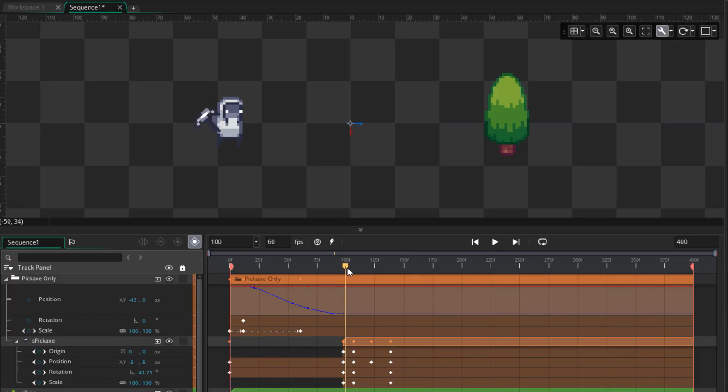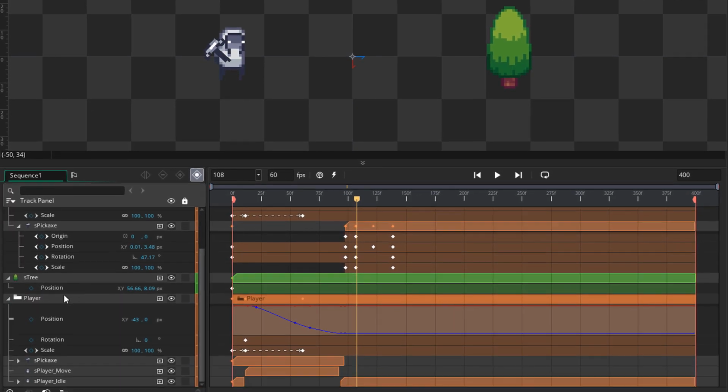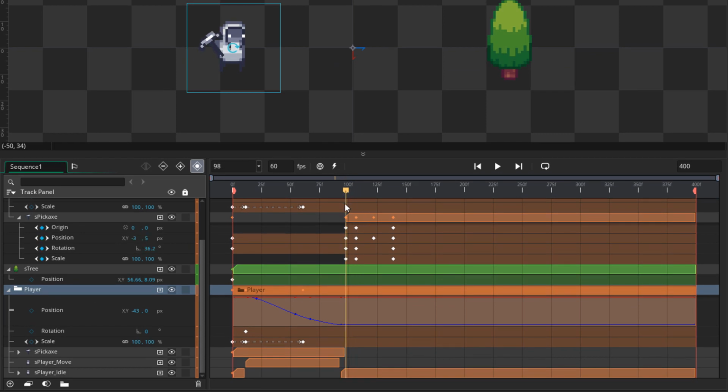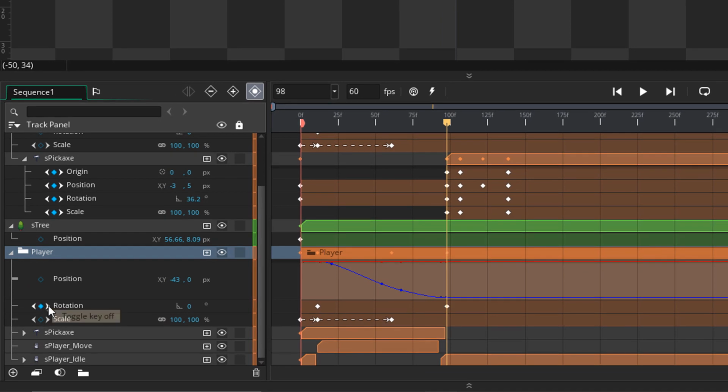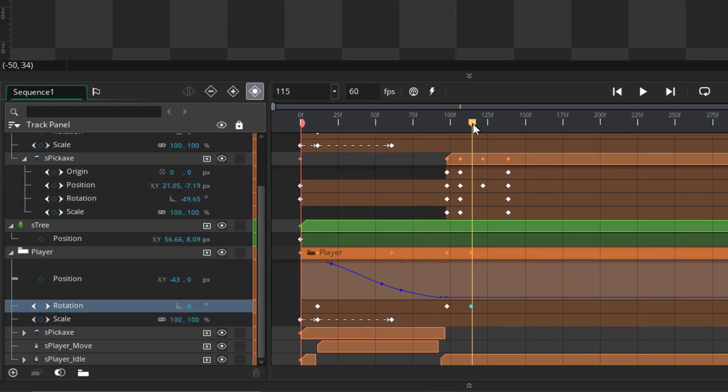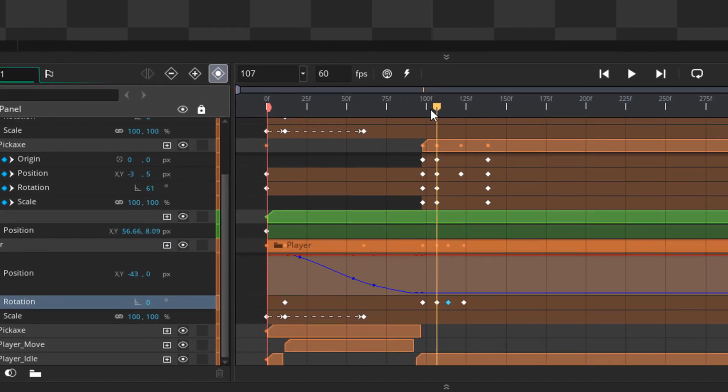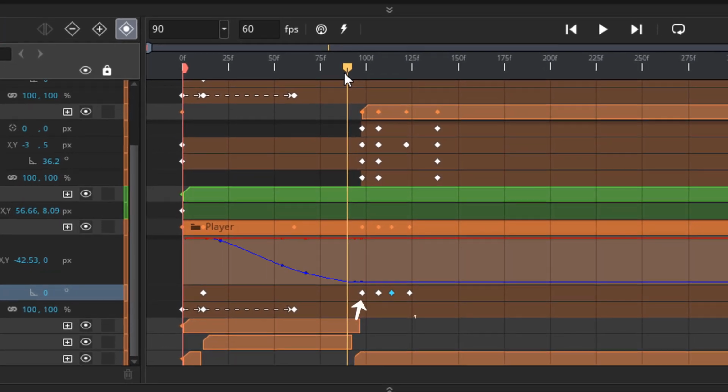Now I want the same effects on the player as well, so I'm gonna select the player group and then come to this frame here. At this frame I'm gonna add a keyframe in the rotation track, and then I'm gonna add a few more keyframes on the same track so that we have 4 keyframes here. Now I'm not gonna be modifying these 2 keyframes, they're simply gonna hold the default value, and we are only gonna be modifying these 2 keyframes.